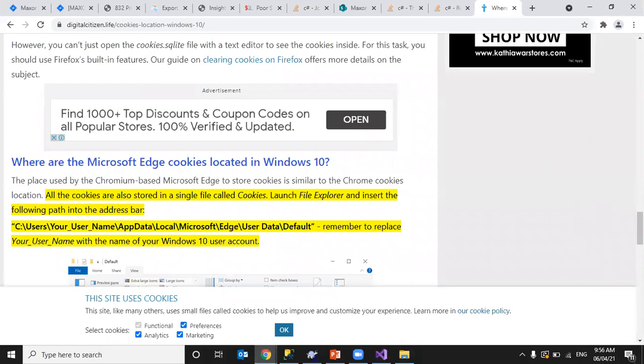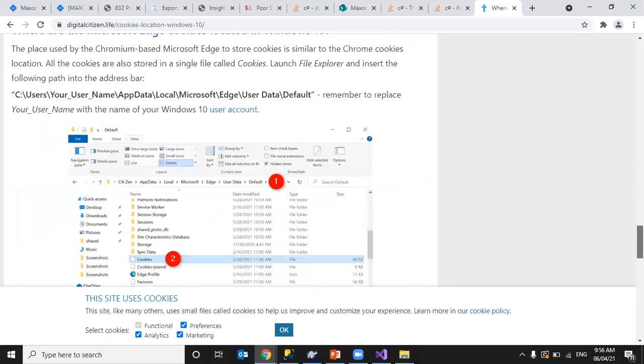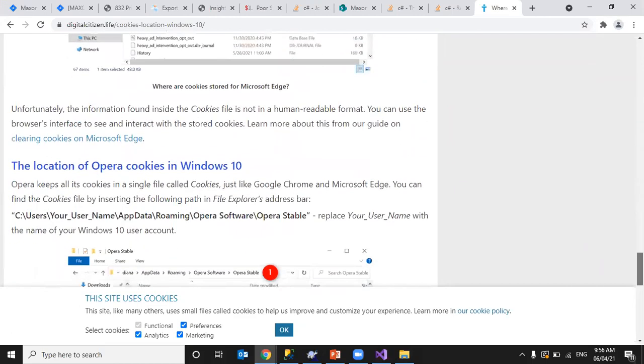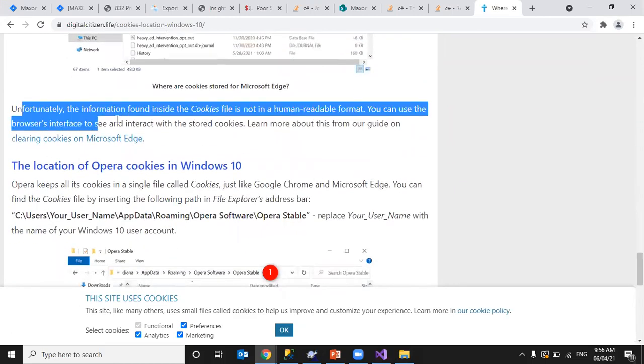You can see them actually, but unfortunately, the information found inside the cookies file is not in a human readable format.